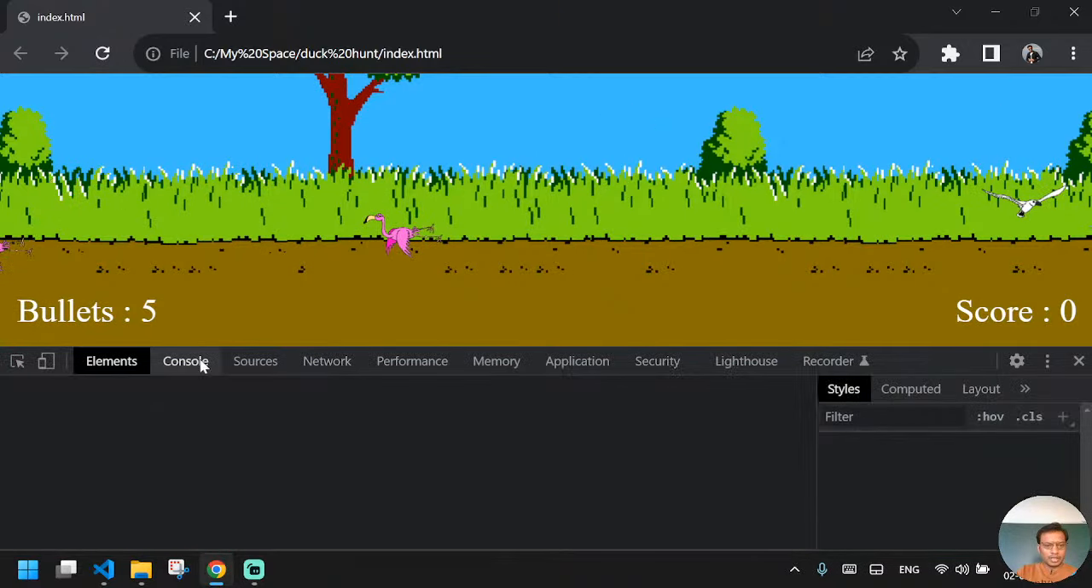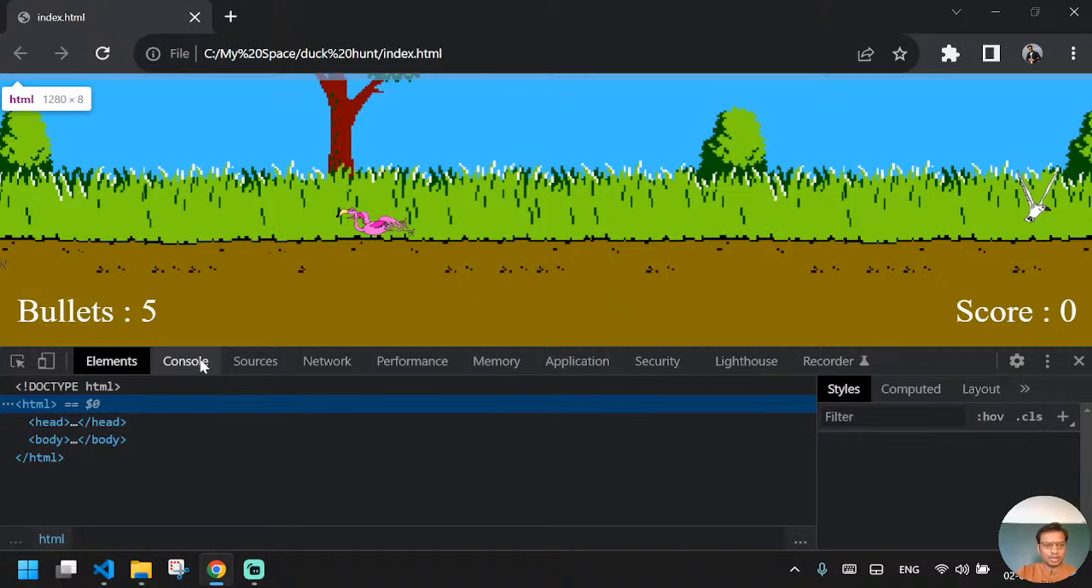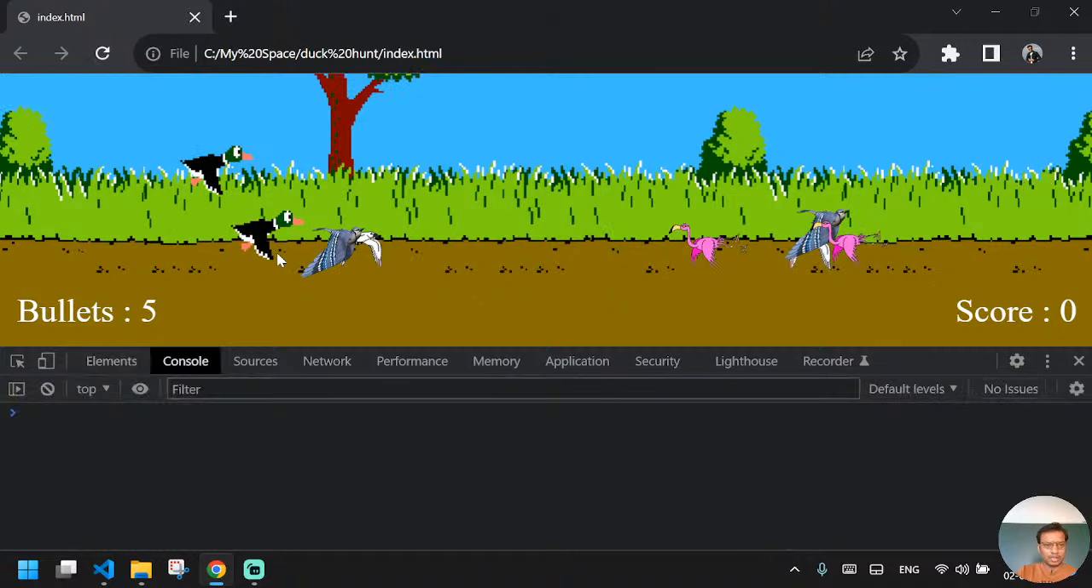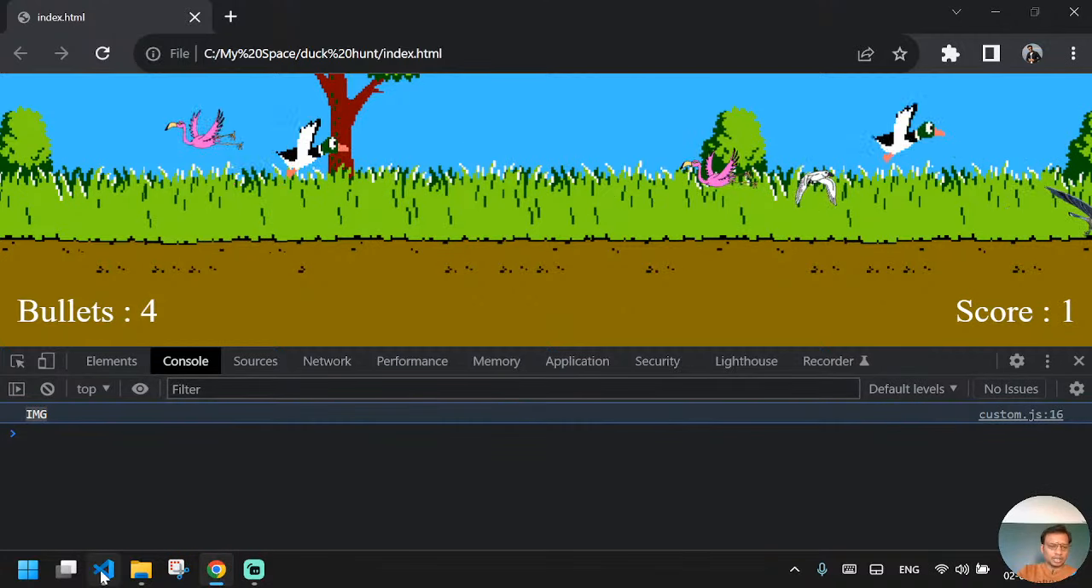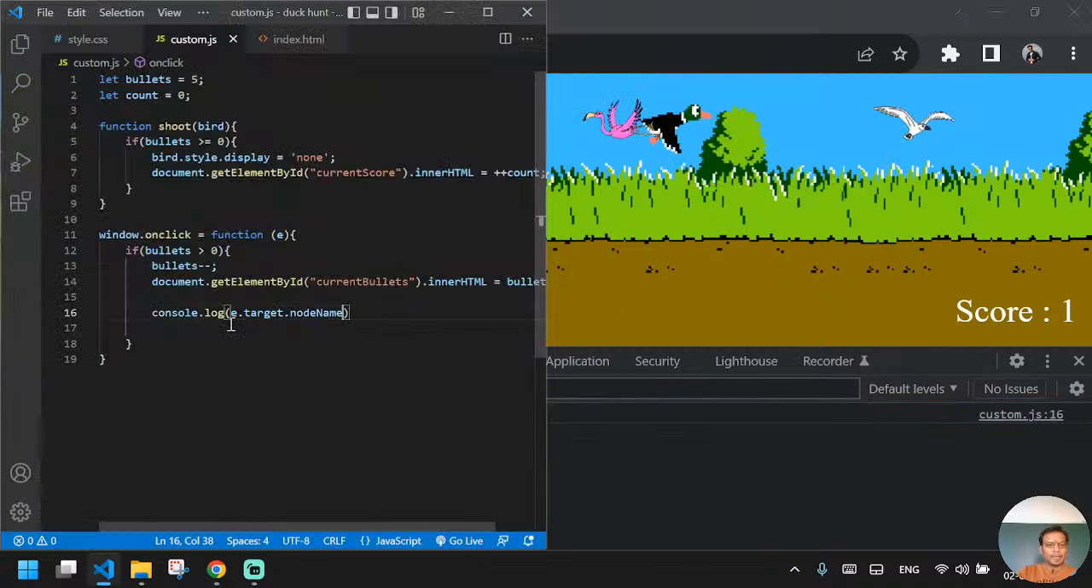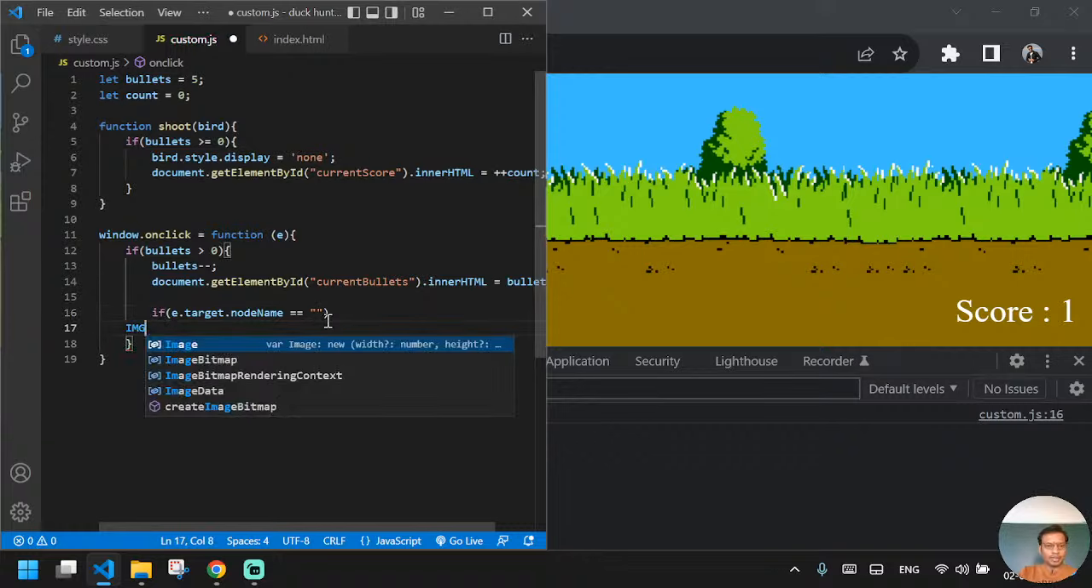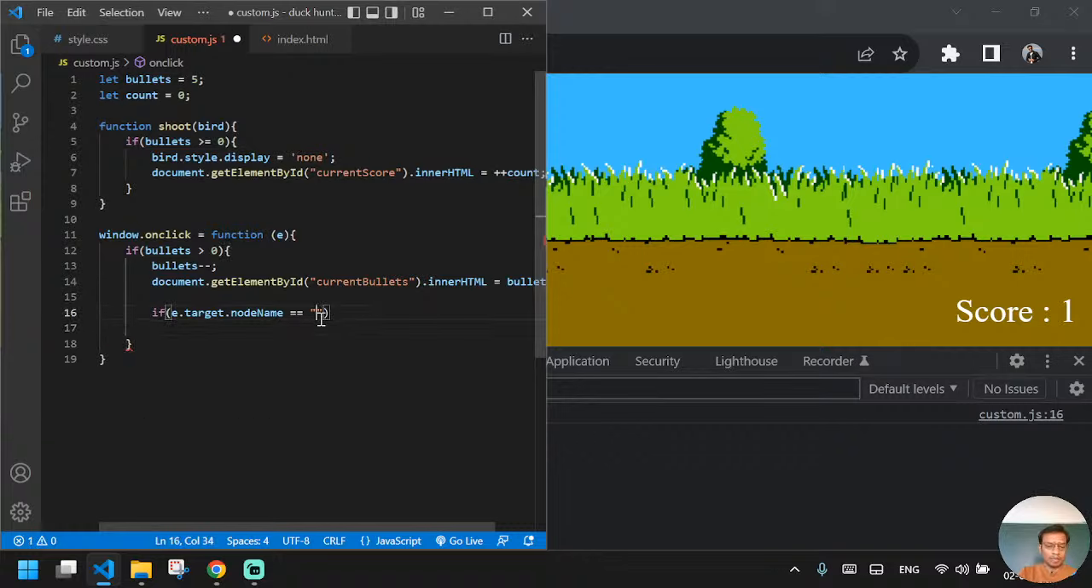Okay, I refreshed it. I'm in the console tab. Let's just refresh it. Okay, I clicked it. Yeah, here we get the img tag. So I can say if the event.target.nodeName is equal to img, means if I clicked on the image,